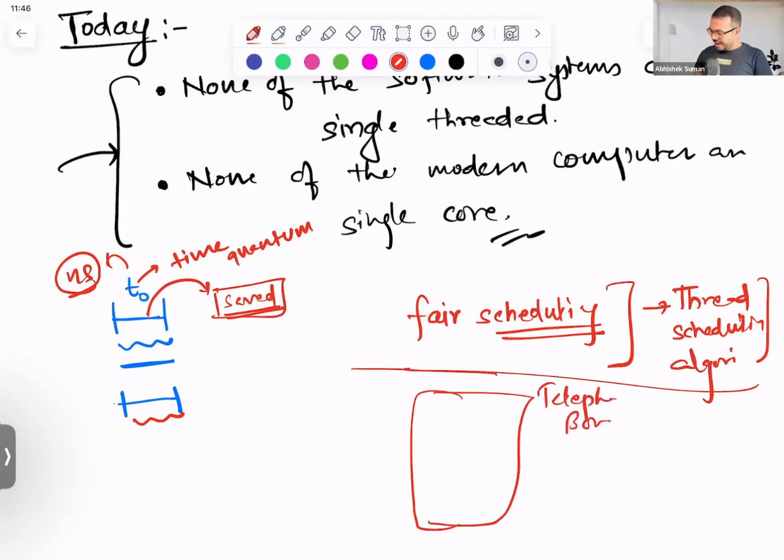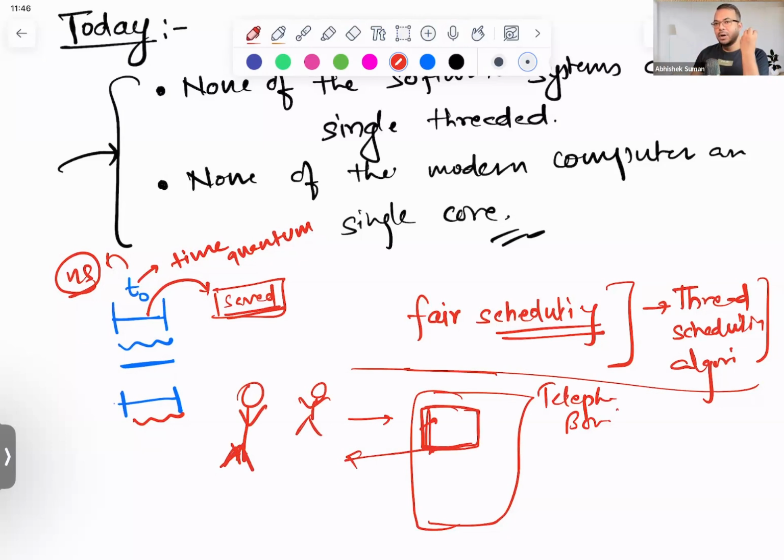Telephone booth. There, people used to get a specified time. Okay, go into that and just make your call or do whatever you want to do. Just complete the talk, and then you come out. Then the next person that is standing here will get the chance. They will go and do their things. Same happens at the ATM machine, and all these are done just to ensure that everybody gets a time,